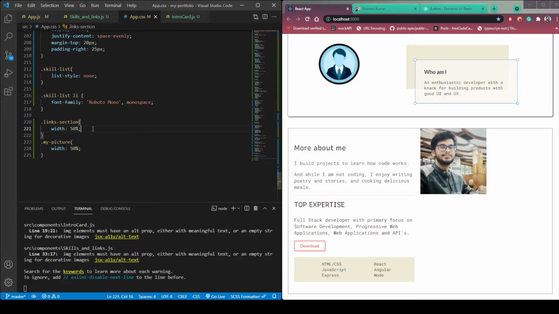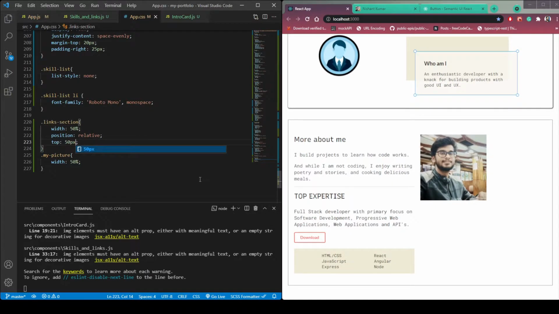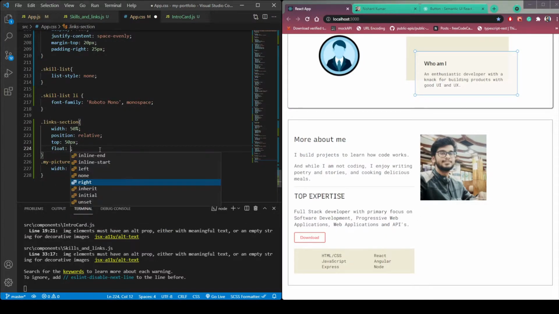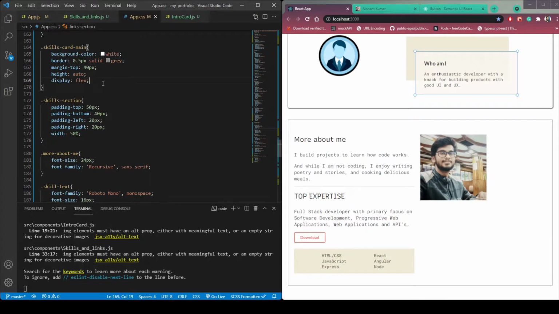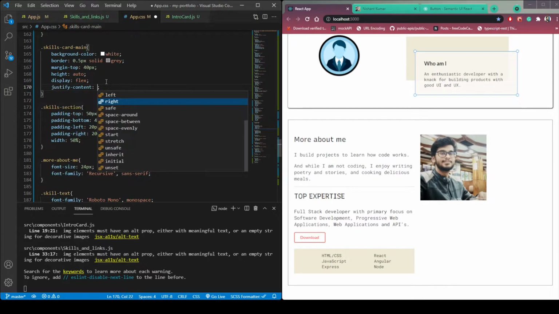In this link section, give it, let's say, position of relative, then top of 50px, then right of 0px, or we can use float right also. So float right, but it's not working. So let's use justify content. So justify content space between.